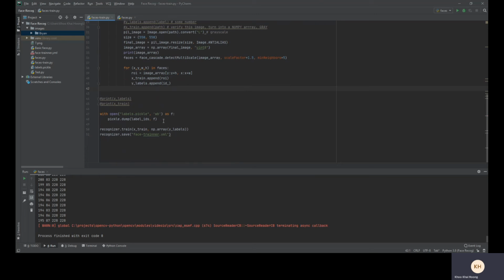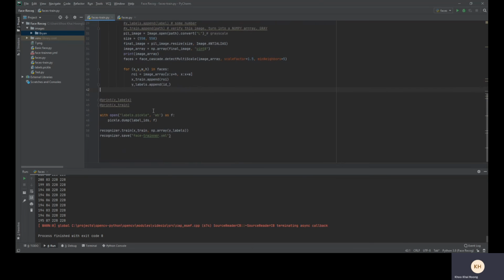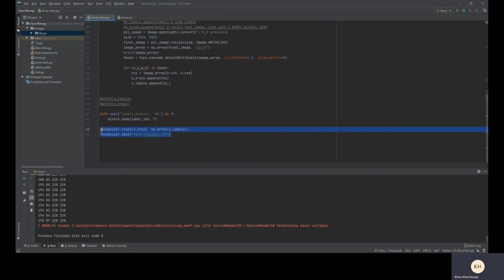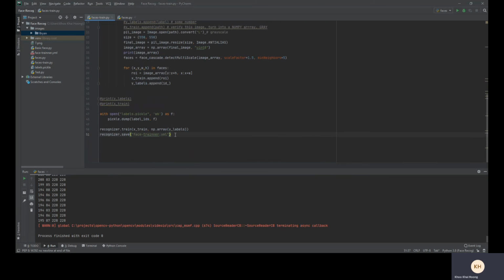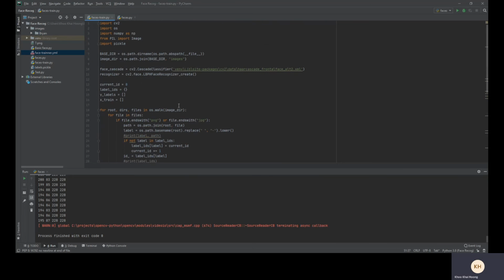And then when the process is done, the training model, which is the recognizer, will be saved in this file, which is actually here, as you can see. So basically, to run the code here,